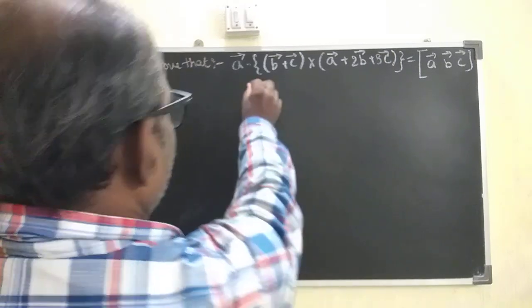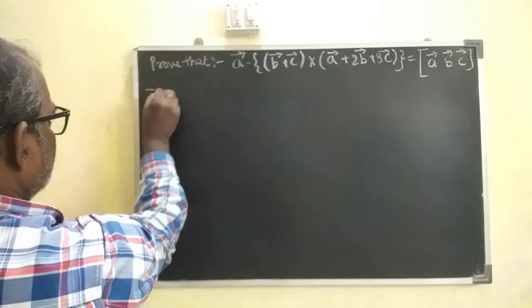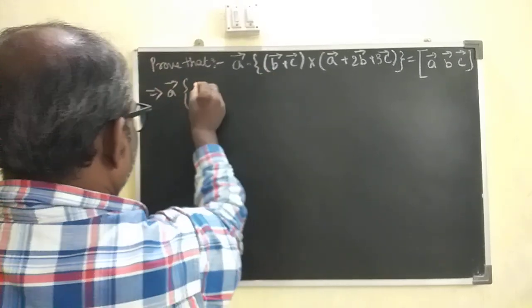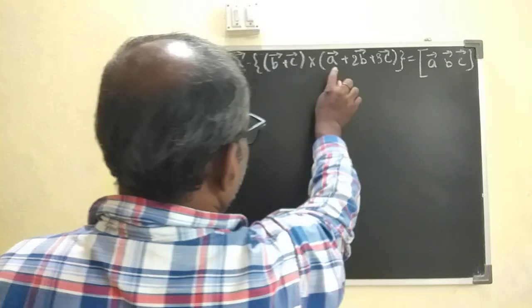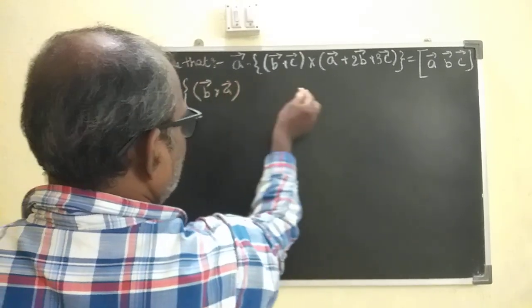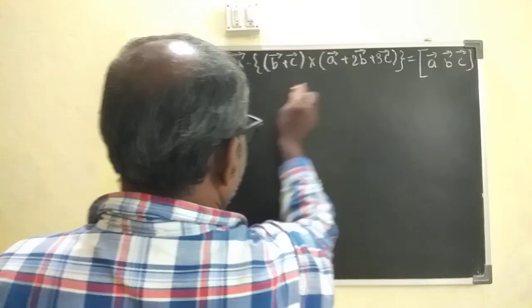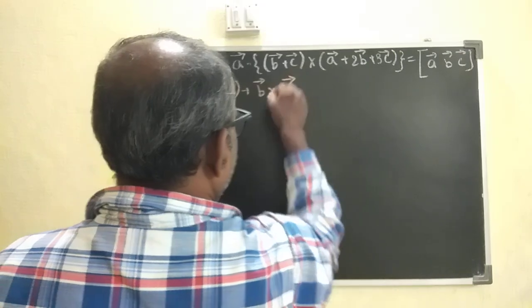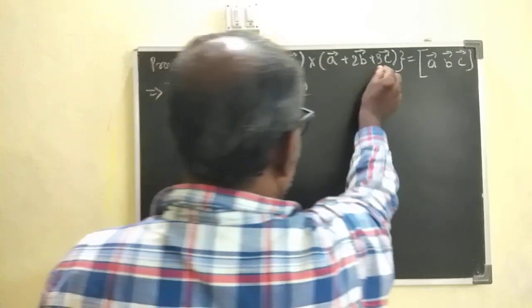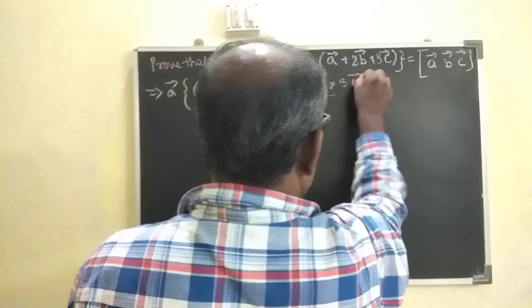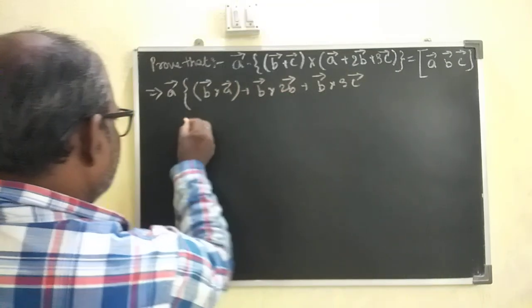Next question, we have to prove this equals to this. So first let us solve this. This can be solved as A cross, here we can write B cross A vector plus B cross 2B vector plus B cross 3C vector. Then we can write here